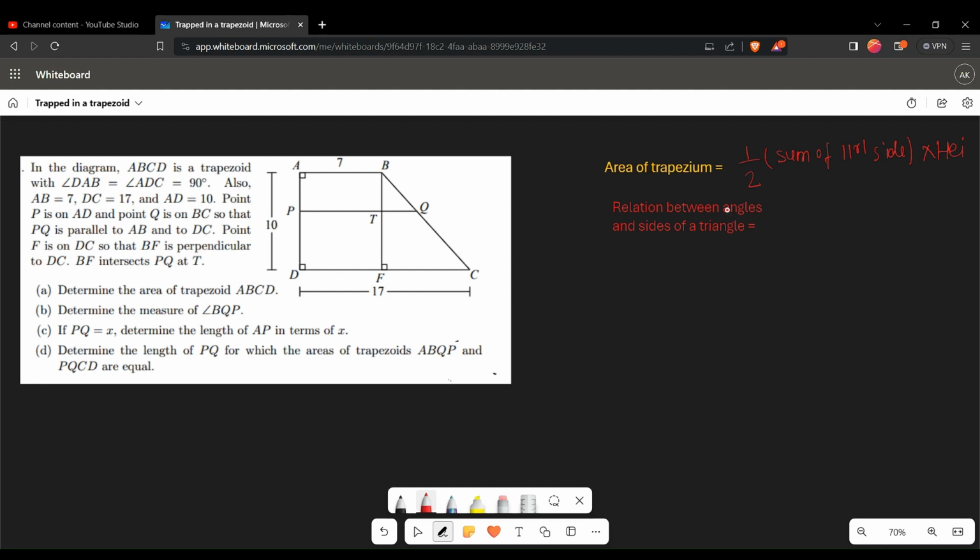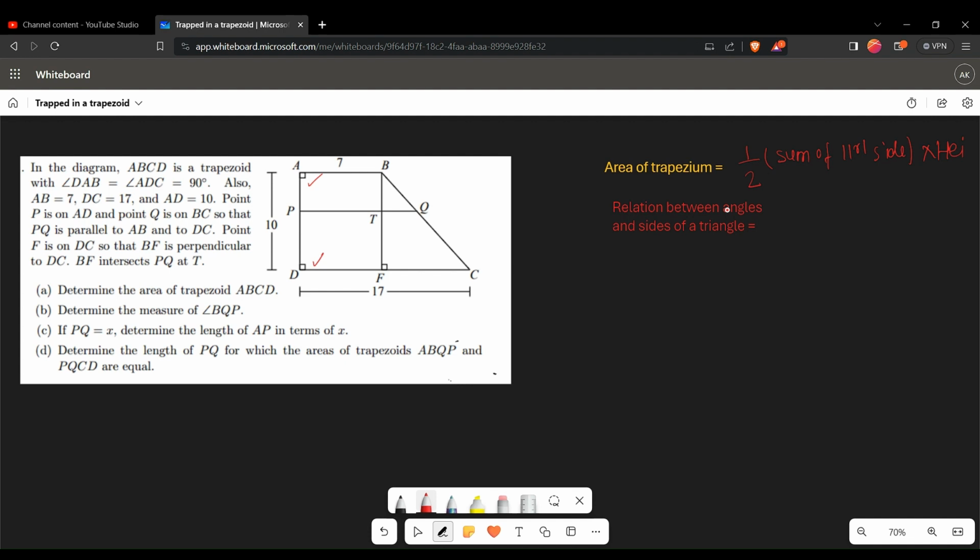So here we are given a trapezoid ABCD with angles DAB and ADC as 90 degrees. Means this is 90 degrees, this is 90 degrees. Also AB equal to 7 and DC equal to 17. AD equal to 10. Point P is on AD and point Q is on BC so that PQ